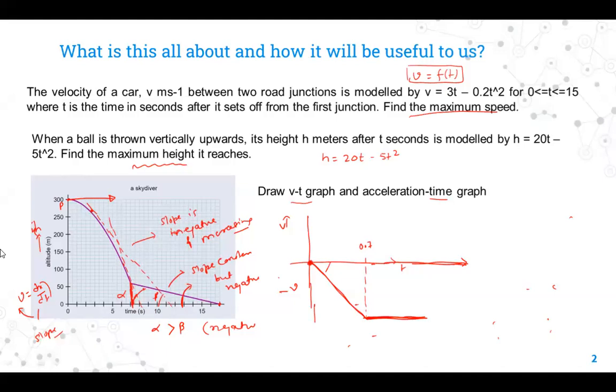Now, what if you could draw the acceleration versus time graph? It's okay if not, then we'll discuss this problem one more time. But let us try to understand this problem one more time. See again what I'm saying. If you draw a slope over here, it will be 0. If you draw a slope over here, it will be 0.